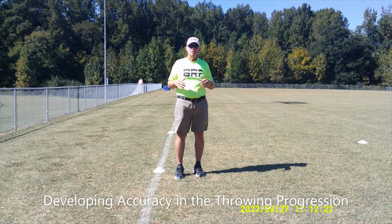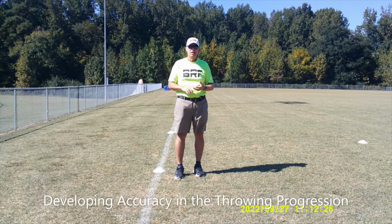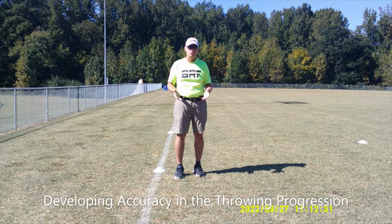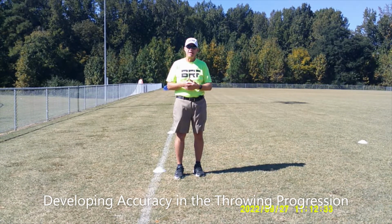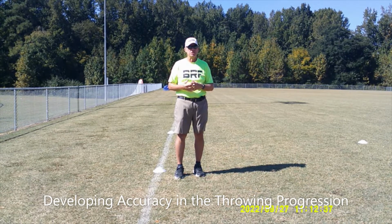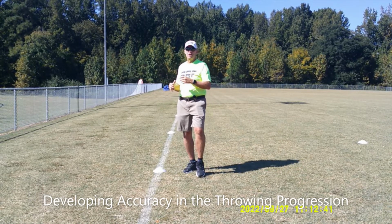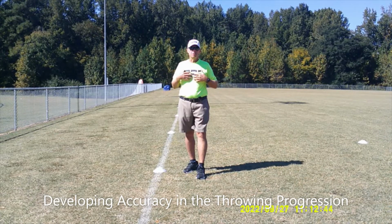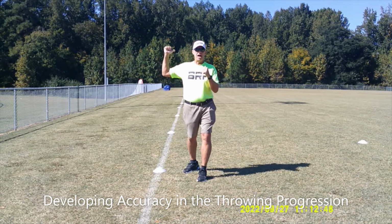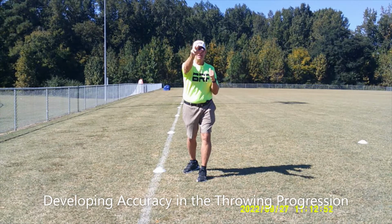And what this does is, we've done enough mechanic work between the towel drill and the slow motion wall drill where we have been able to watch and fix whatever the major thing is that we need to be done. But at some point, you've got to teach him to use his eyes, his elbow, and his fingertips and line them up. So what we tell them is you're always going to throw at the receiver's chest who's stationary catching, but as you turn, your eyes stay glued on that, your elbow points at his chest, and then your fingertips